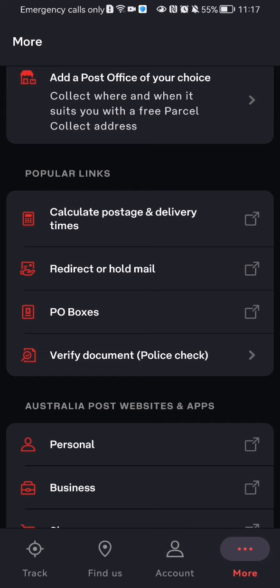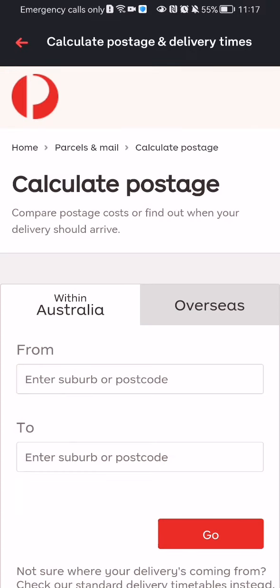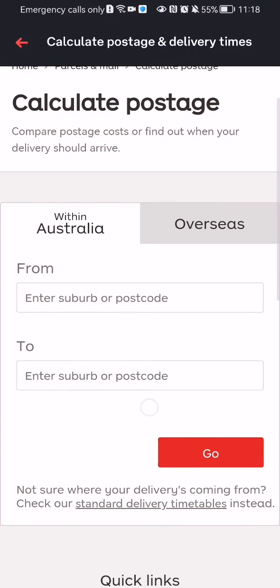popular links section, and you will see the first option there, which is calculate postage and delivery times. Press on it, and after the new page loads in, you can just select where you want to calculate the delivery time, so